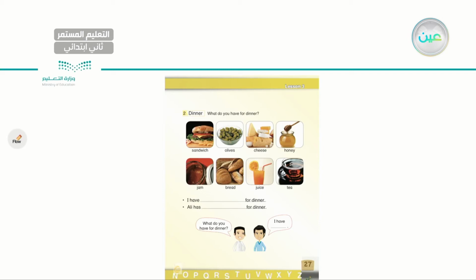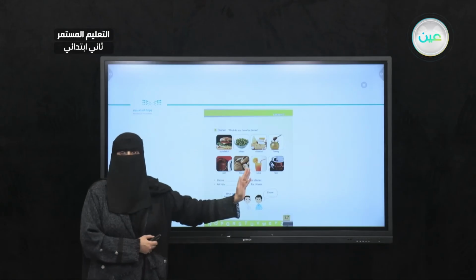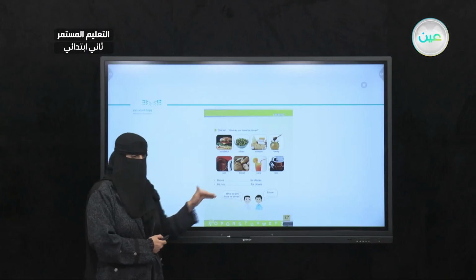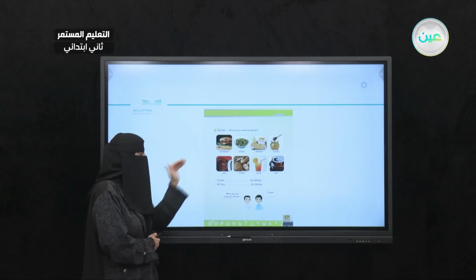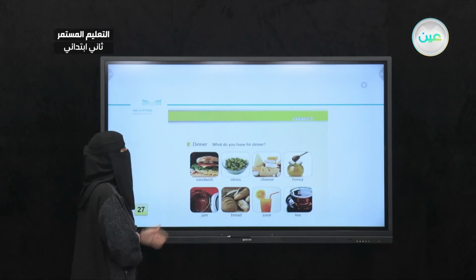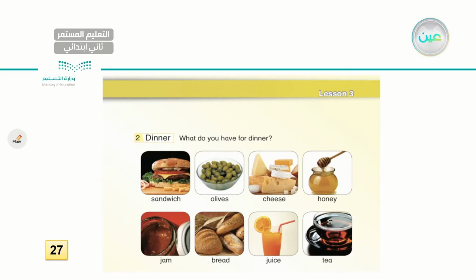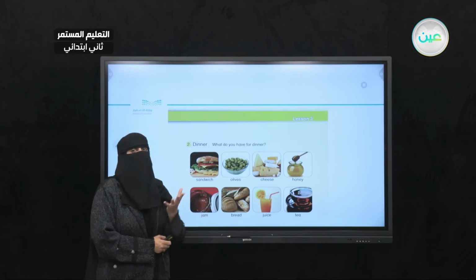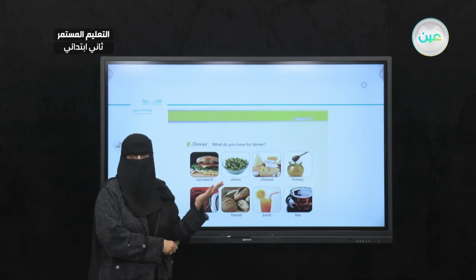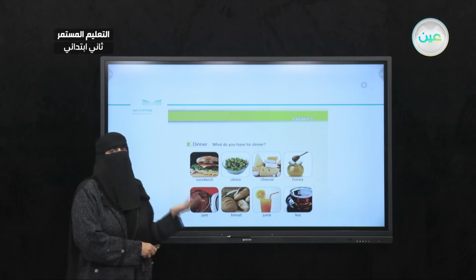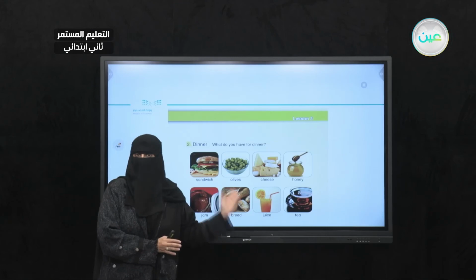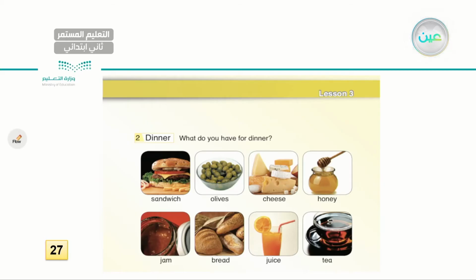We're done with the lunch options. Now let's go to dinner options. Okay? I'll be zooming in for the upper part as I did in the previous page 26, and then we'll be moving to the lower part. Dinner. What do you have for dinner? As you can see, my dear students, here I have light food, not as heavy as the one we have at lunch. For lunch, we might have rice and chicken, steak, pasta, but here we tend to go for lighter options, okay? For example, I have a sandwich,